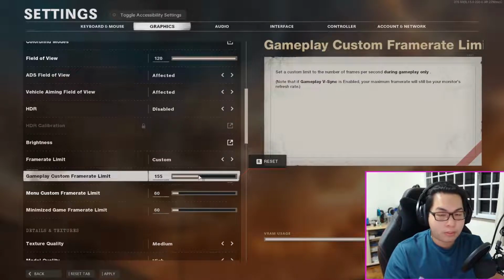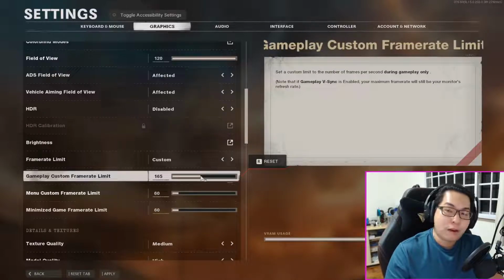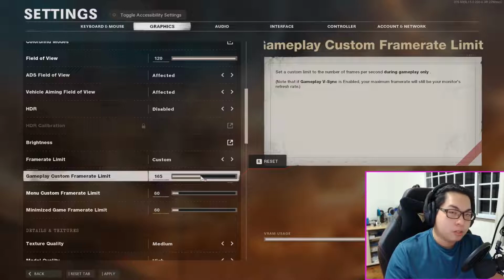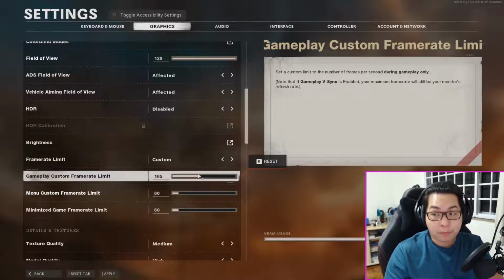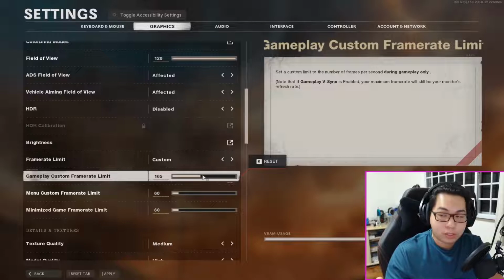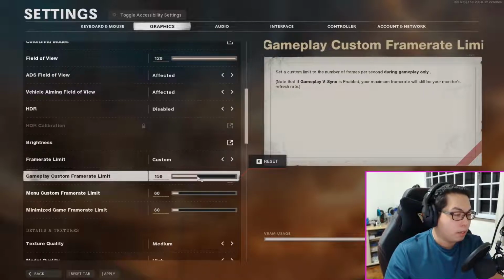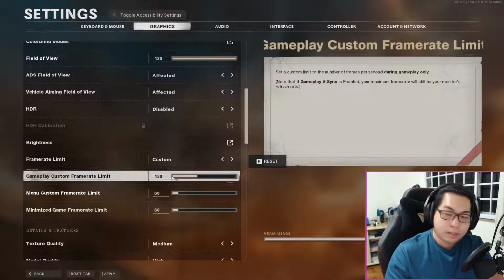For me personally as a gamer, I like to have the highest frame rate possible. I tried 165 on stream, and the biggest issue is that in multiplayer, when the action gets really heavy, you will drop some frames. But this is on your stream side, not on your gaming side. So as a gamer, set it to your monitor refresh rate. If you got a 165 monitor, set it there. If you don't, then you can drop it down. But as a streamer, if you want to make sure your stream quality is good, please set it to 150,